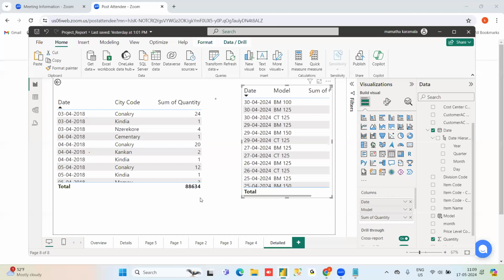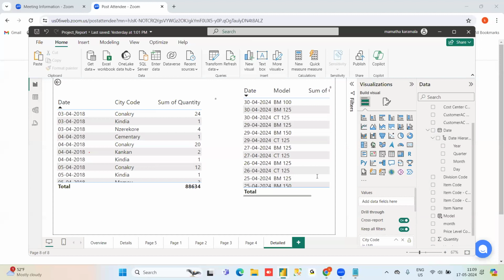Here I am giving it at page level. I am not selecting any visuals here. At page level I am selecting that I want to drill through based on city wise, and I want to drill through model wise as well.